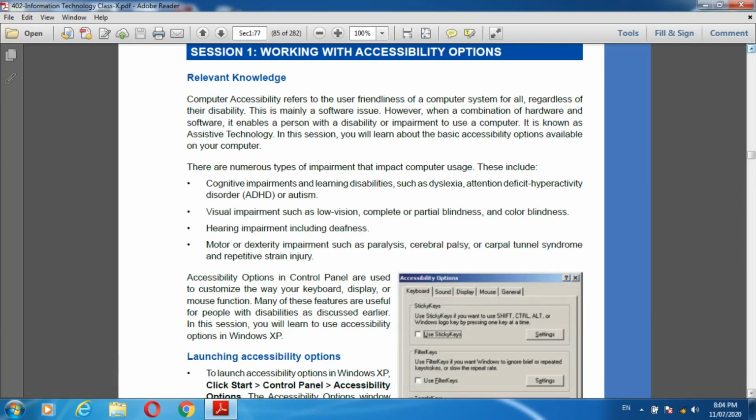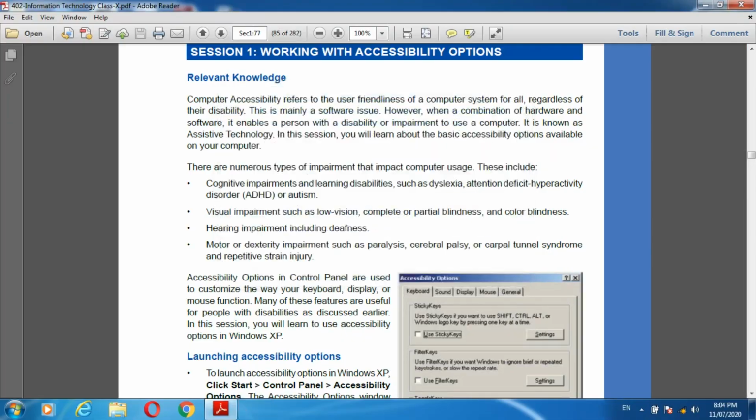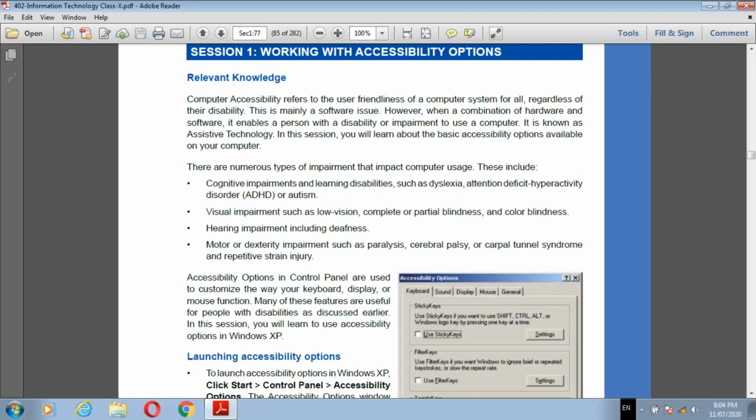Session first, working with accessibility options. In this session, what are we going to learn? We know that computer accessibility refers to the user friendliness of a computer system for all, regardless of their disabilities.